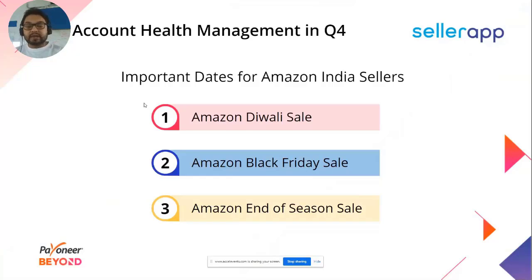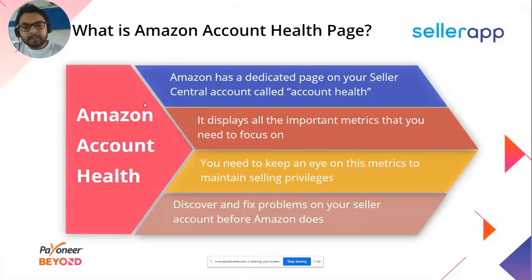And why is it important at this point of time, right? Because it's always a good saying that whatever revenue you make in the first 3 quarters is equal to what revenue you make in the last quarter, right? Even in the context of India, Diwali sales, Black Friday, Amazon sales, Christmas and holiday seasons are about to start, right? And what could be worse than getting your account suspended, right? And that too because of smaller issues or infringements or violations which you are doing unintentionally, but still you are paying for it, right?